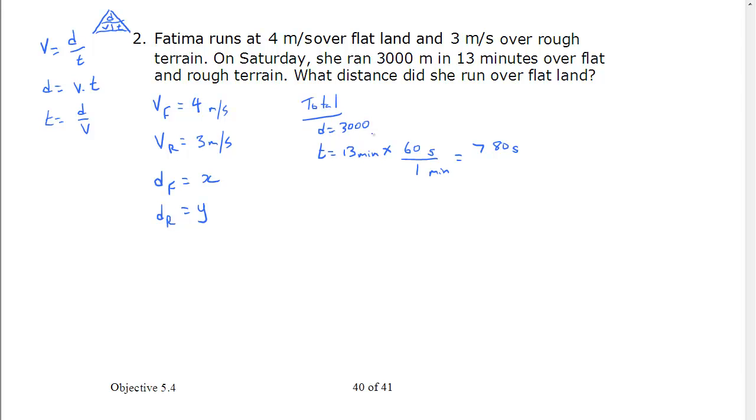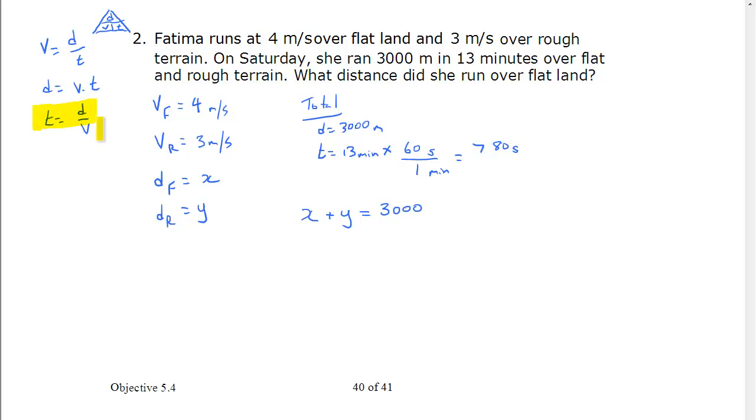The distance one should be pretty straightforward. If we go x over flat terrain plus y over rough terrain, we know we go 3,000 altogether. So there's one equation. Now the only thing we have left to use then is the time. So we need to figure out the time over the flat. Well, if we look at our equations,